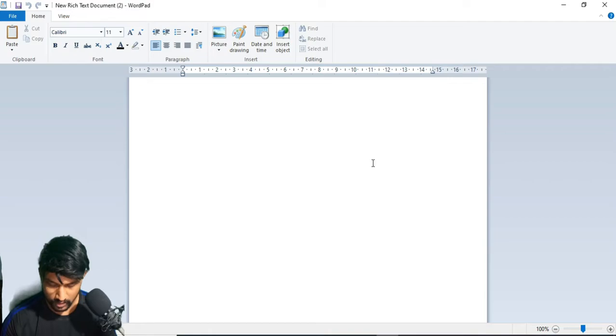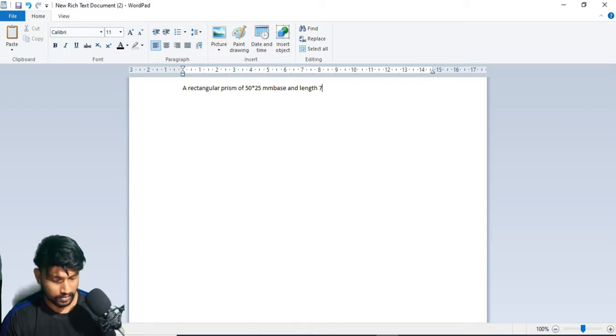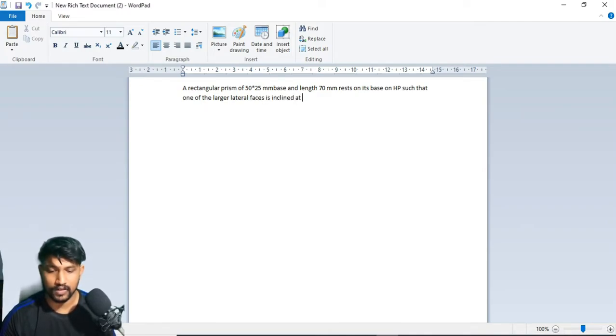So the first one here is a rectangular prism of 50 by 25 mm base and length 70 mm, which rests on its base on the horizontal plane, such that one of the larger lateral faces is inclined at 27 degrees to the vertical plane.